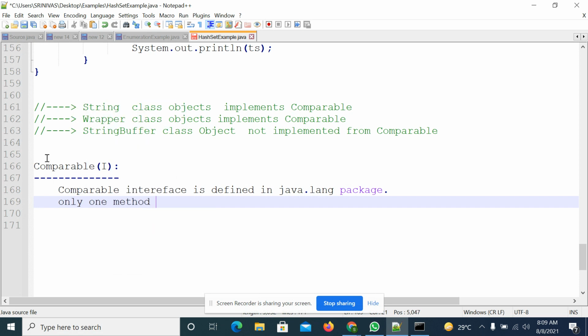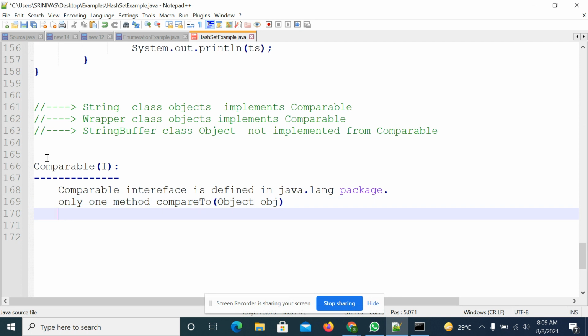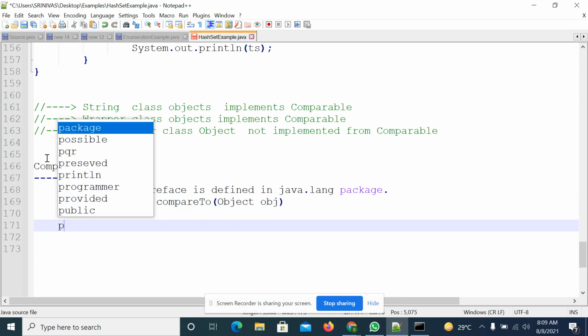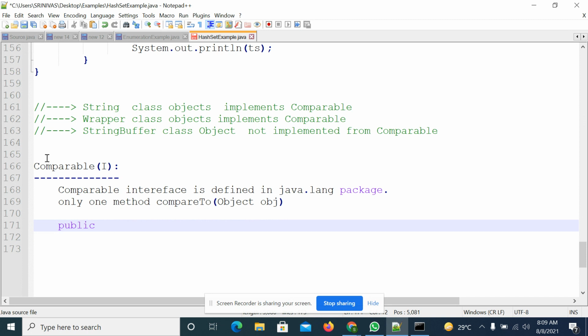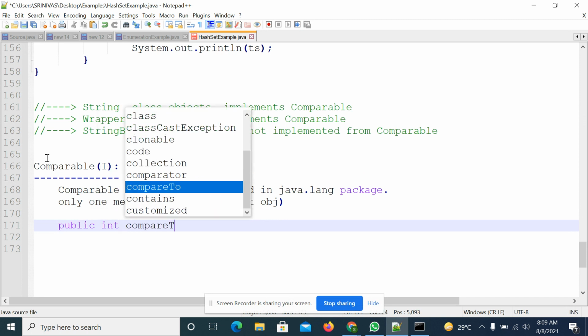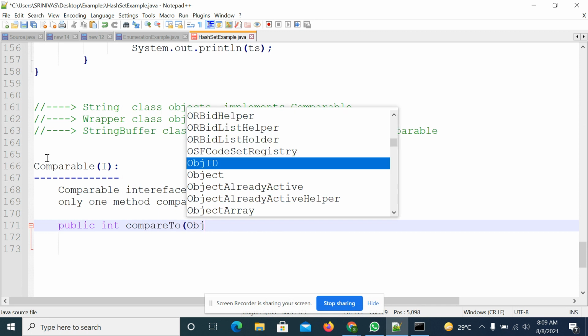The method name is compareTo. For this compareTo method, you need to pass one parameter, which is an Object type parameter. So what is the method prototype? The method is a public method, and it returns an integer number. The method name is compareTo. It takes one parameter.